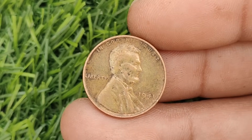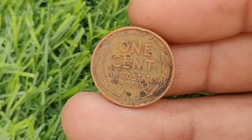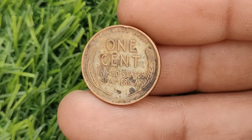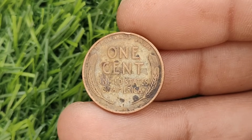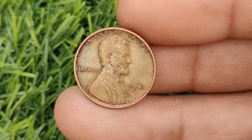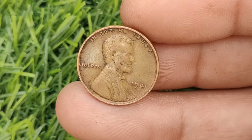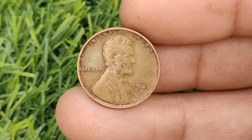Alright, let's talk about how you can spot these black dots and spots on your own 1941 wheat pennies. If you've ever come across a coin that seems to have an unusual discoloration or specks on the surface, don't immediately assume it's a flaw. These marks are often the result of environmental factors like oxidation or exposure to moisture over time. While they don't add value by themselves, they certainly make the coin more interesting and may even appeal to certain